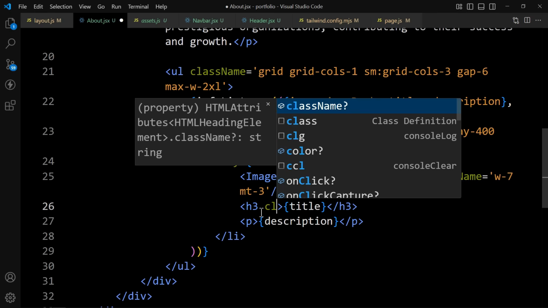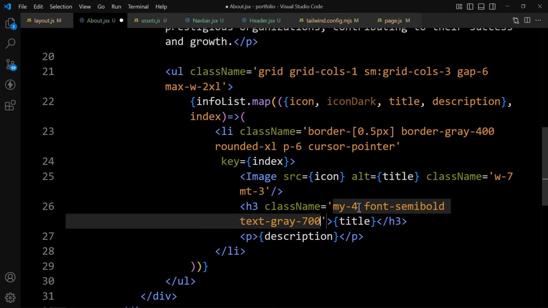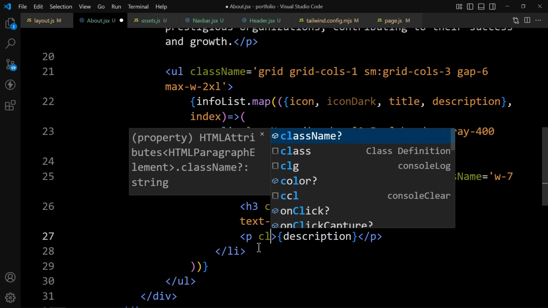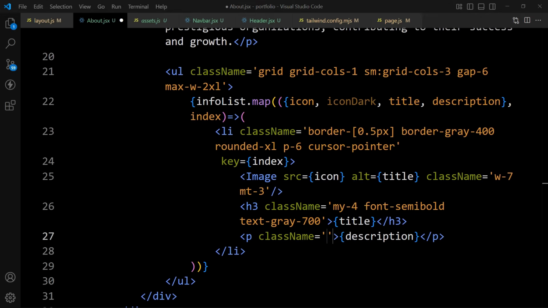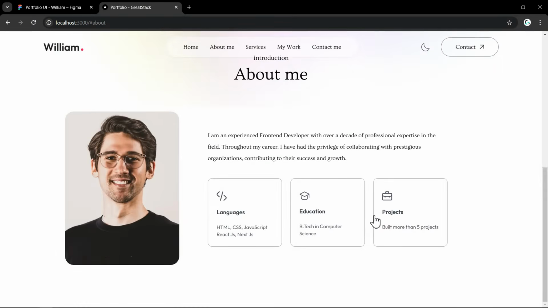Now in this title, let's add the class name, and in this one we will provide the margin from y-axis, then font semi-bold and text color. Now in this description, we will add the class name, and here we have to change the text color, and we will reduce the text size. So we have added text small. After adding this, if I come back to the web page, you can see this info section is looking good. Next, we have to add the hover effect on these cards. For that, let's come back,